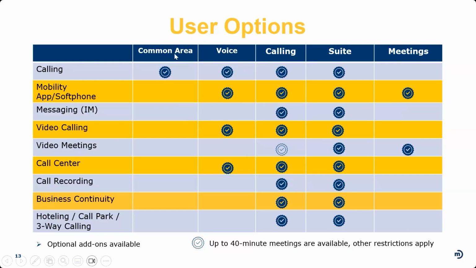So the common area, that's going to be for like a break room, meeting room, maybe a lobby type phone. This would be a physical desk phone actually attached to that user. It does not include any of the Webex soft phone or desktop applications. So again, just that common area, or a phone that maybe is in a warehouse and then it's actual user, but they make and receive phone calls there.